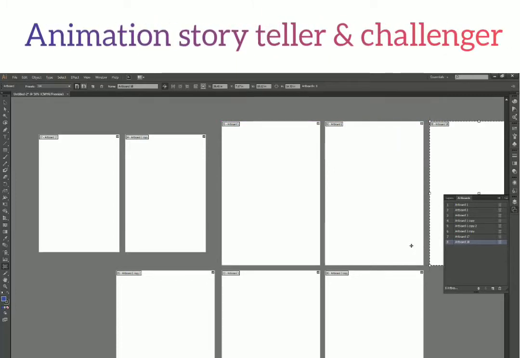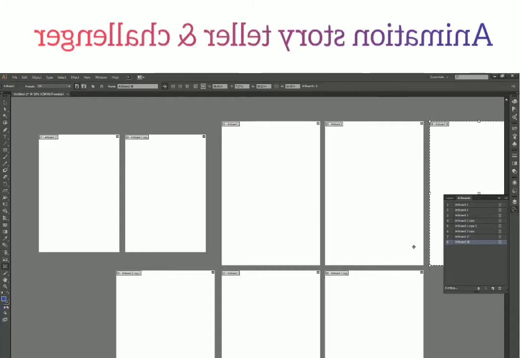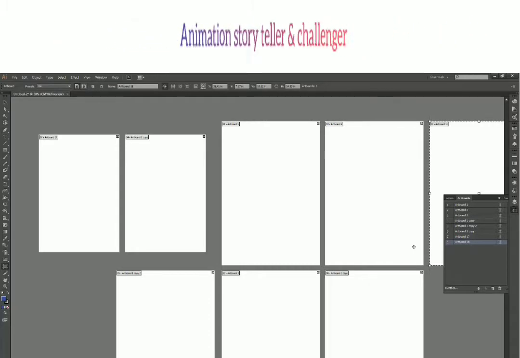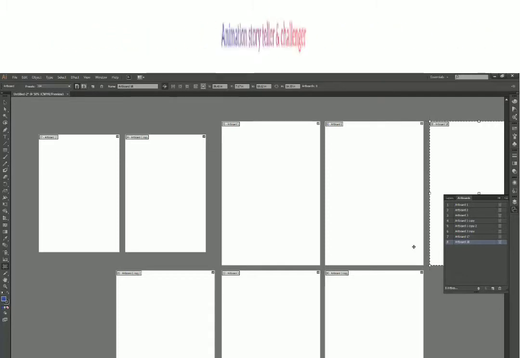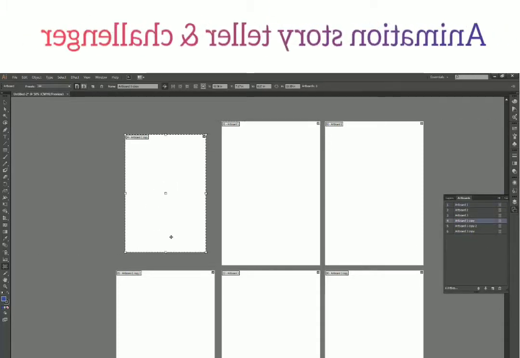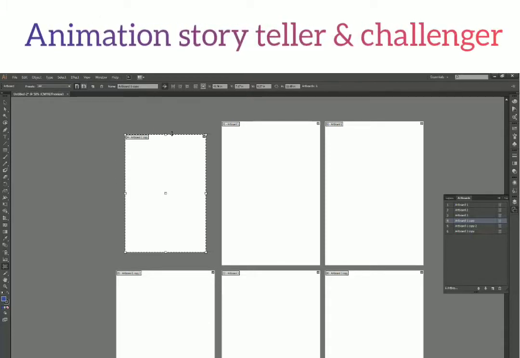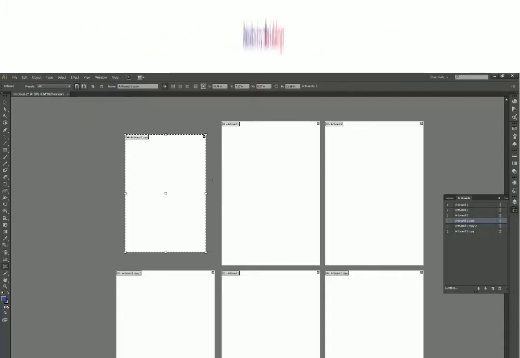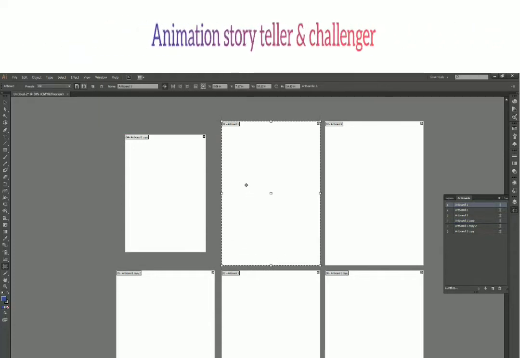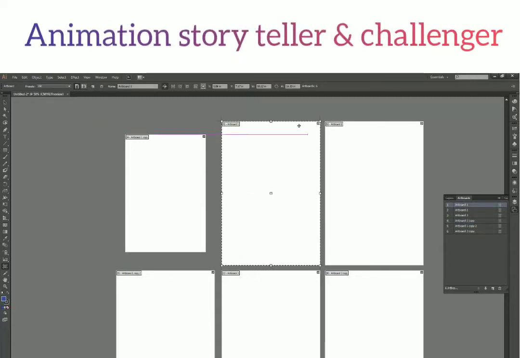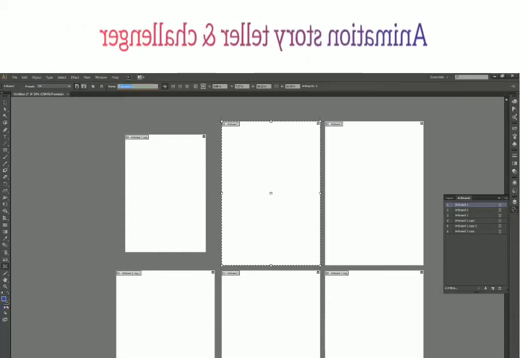So that made it very clear that when I create a new artboard, it copies the exact dimensions of my previously selected artboard. So if I have a small artboard selected and I create a new artboard, the new artboard will be exactly the same size. And if I have this bigger artboard selected and I click new artboard, then the new artboard will be of this size.